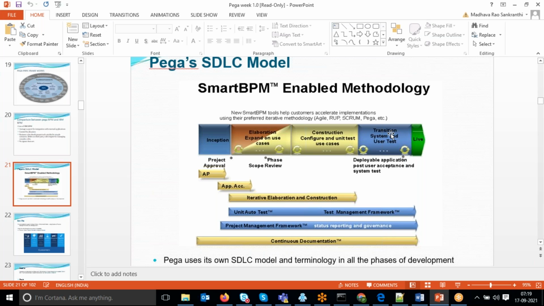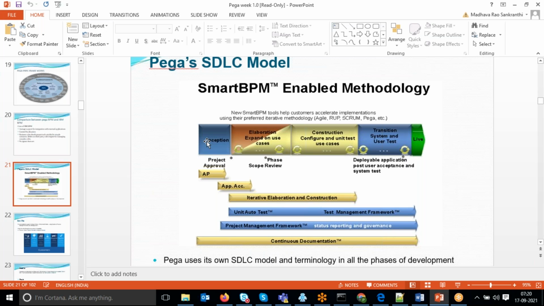Then in the transition stage, the Pega administrator. In each stage there are different roles, and every role has different responsibilities: deployment, development, planning, estimation, Pega setup, software setup, and creating a new application.